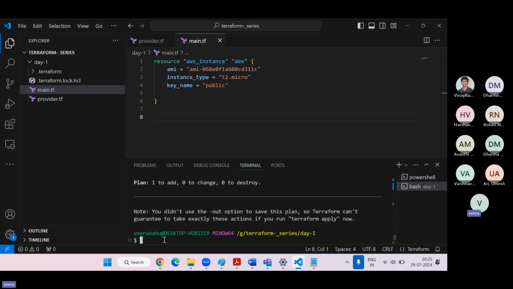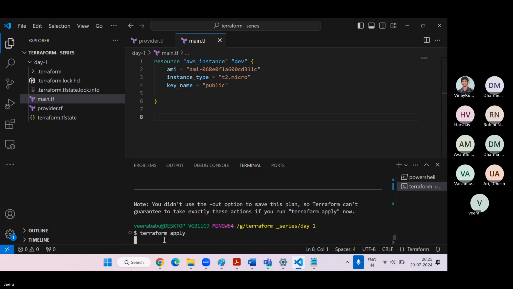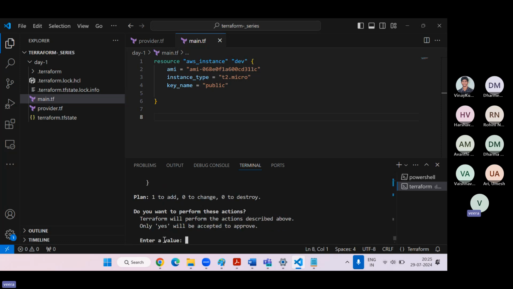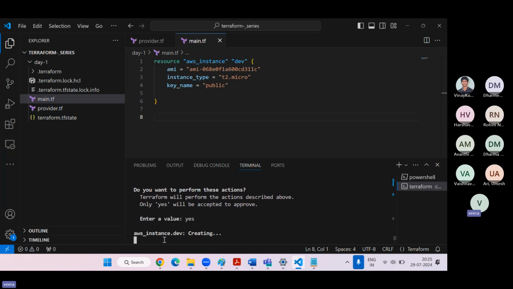So now if I give Terraform apply, it will ask to confirm, reconfirm, yes. Whenever you give apply, one instance is going to be created in the Mumbai region. Why Mumbai region? I have configured the access key, secret key, and the region is Mumbai.